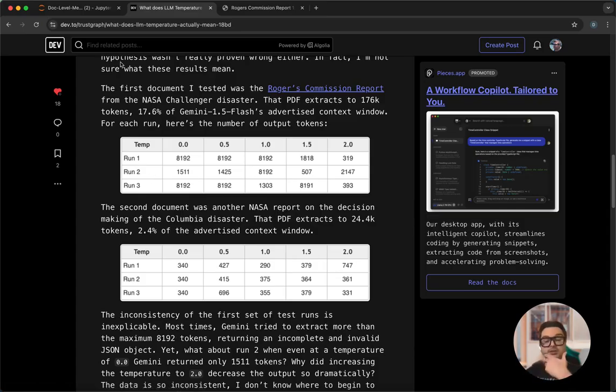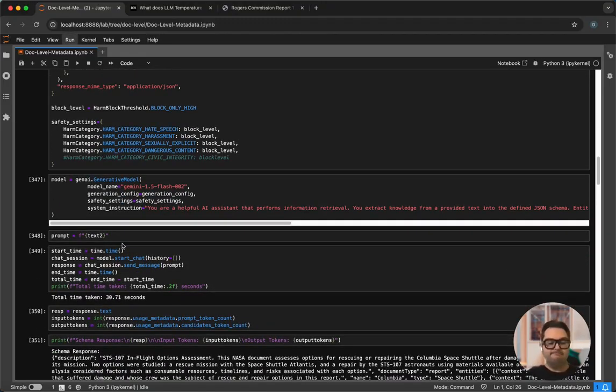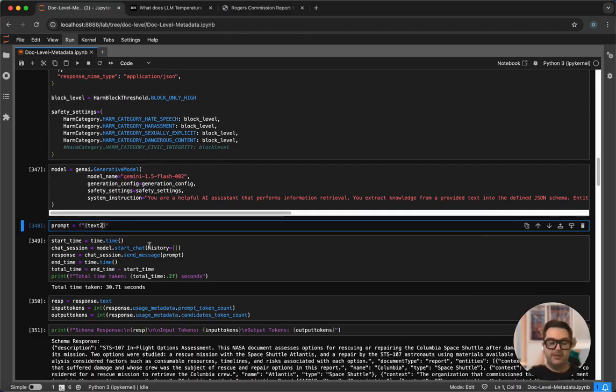So that was actually one of the conclusions I put in my blog post, that it seemed like the smaller context window made the model behave a little bit more predictably. And at this point, I can't even say that anymore. So now I'm going to change this back to